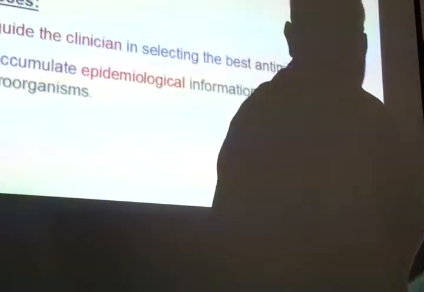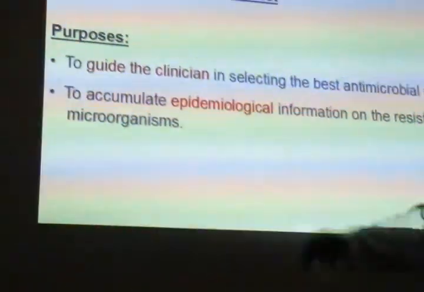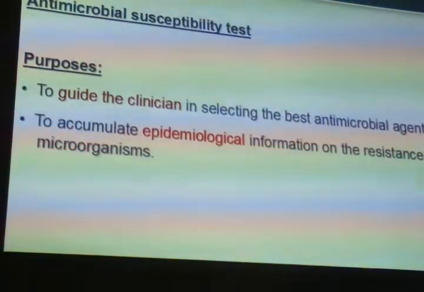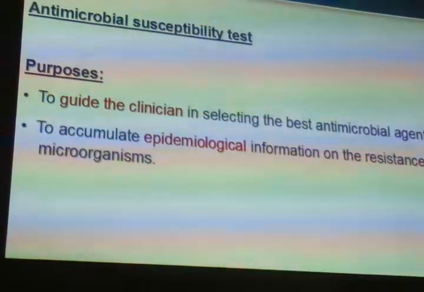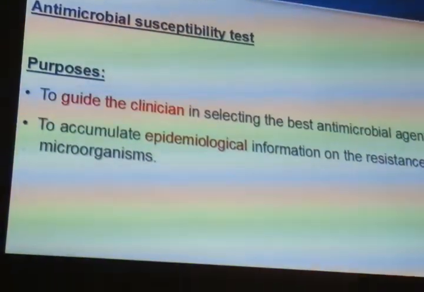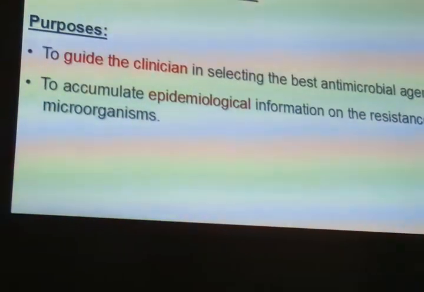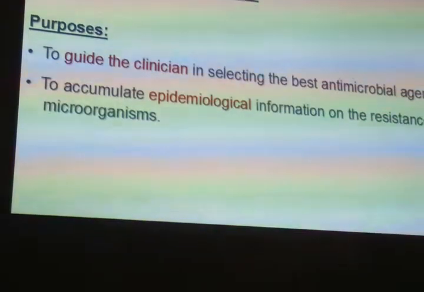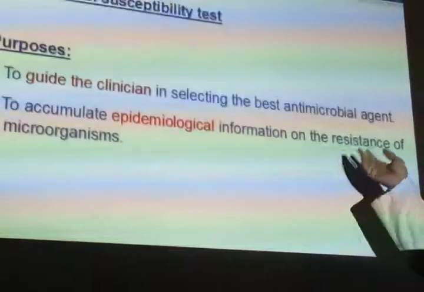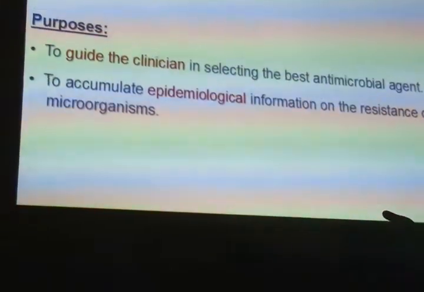Okay, Penicillium fungus. So why do we do this test? To guide the clinician. You are working in the hospital, I am working in the hospital, a patient comes to me, I have a chest infection, I have a throat infection, whatever infection. I do a CS. CS means culture and sensitivity. They culture the bacteria, like you culture the bacteria, they grow the bacteria. CS is also a scan, but that is separate. The sensitivity is to antibiotics. Which antibiotics is the bacteria sensitive to?